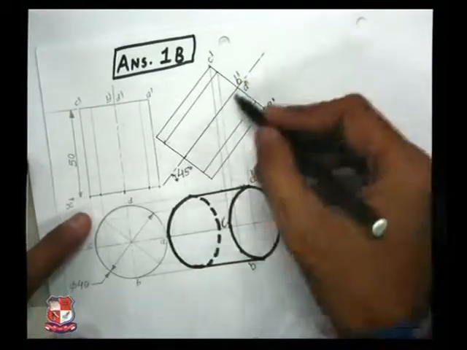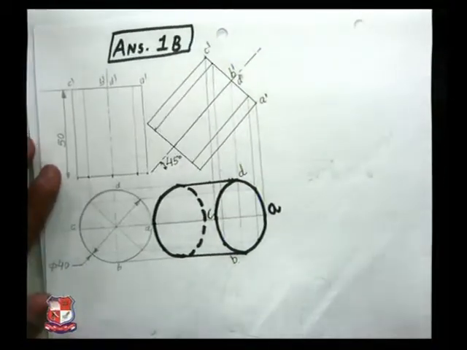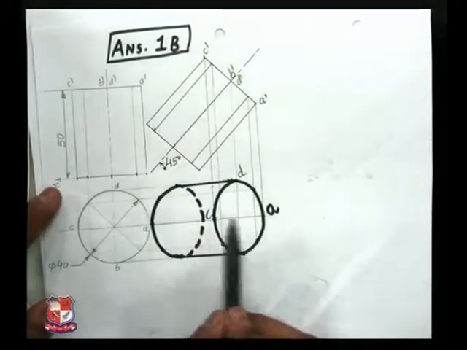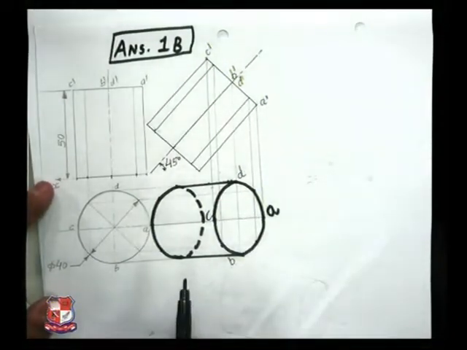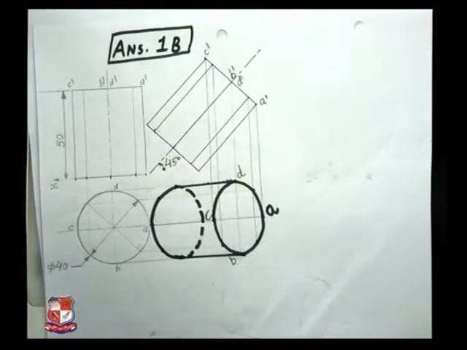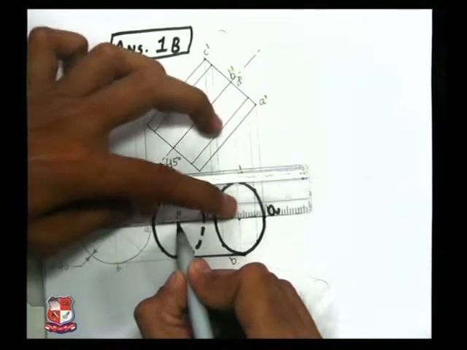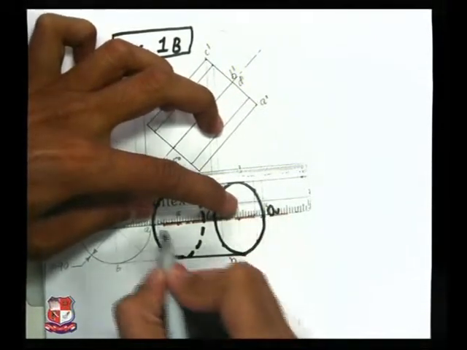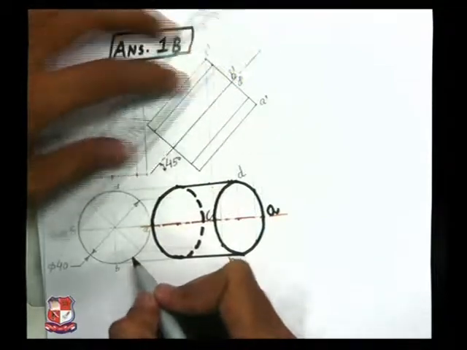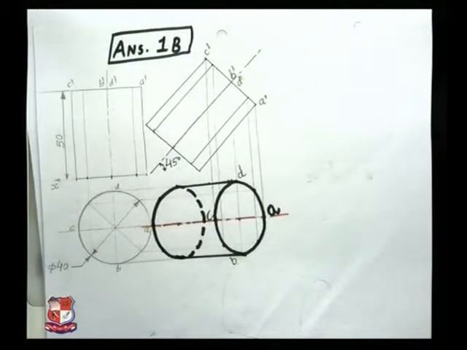If it is tilted like this, in top view it appears like this. Now in next it is given that the axis of this solid makes an angle of 35 degree with vertical plane. Now locate the axis of this solid. This is the axis from this point to this point. It could be seen drawn like this. This is an axis. This is also axis. Here the axis and vertical plane both are parallel to each other.